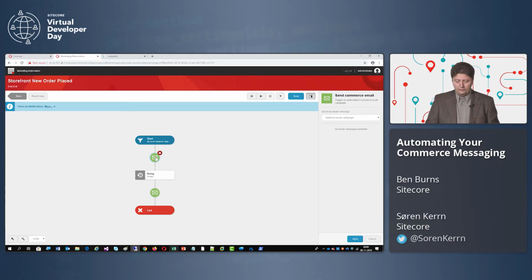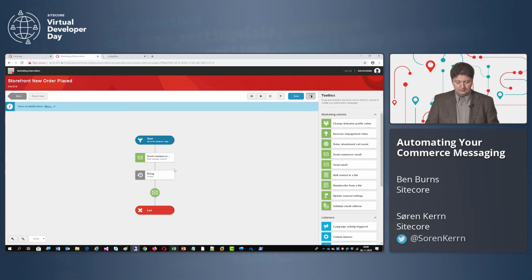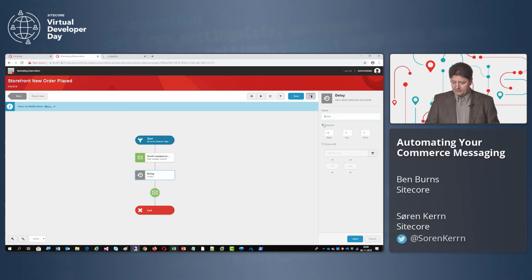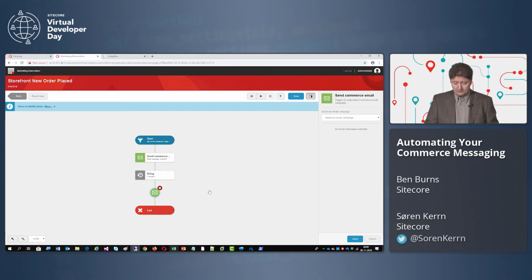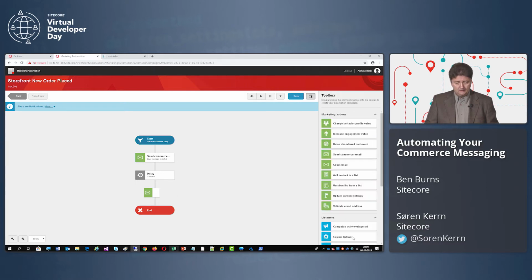So let me select the first send email. From the dropdown, I can now choose the order confirmation I just created and click apply. I will change the delay from 14 days down to 2 minutes, so we don't have to wait 2 weeks. Click apply. And for the last send email, I will choose the recommended products that we also created just before. Click apply, click save,